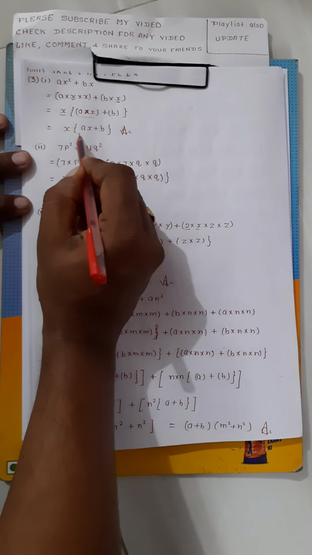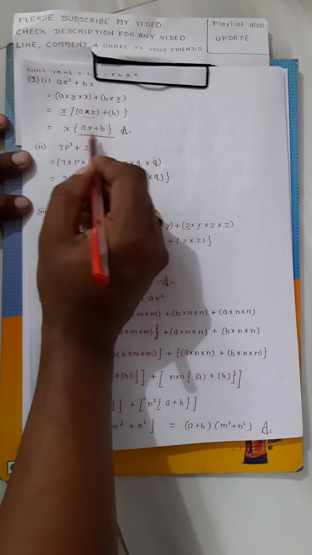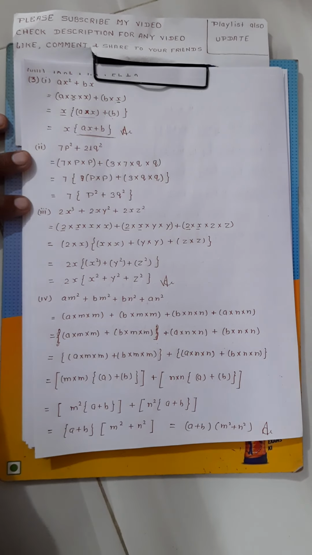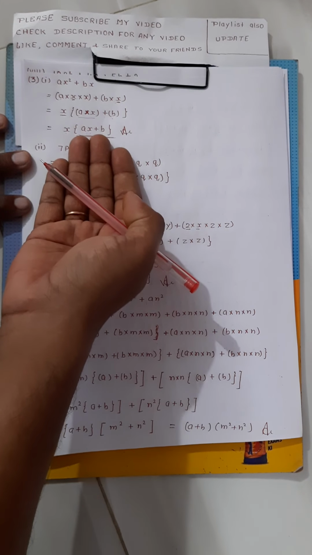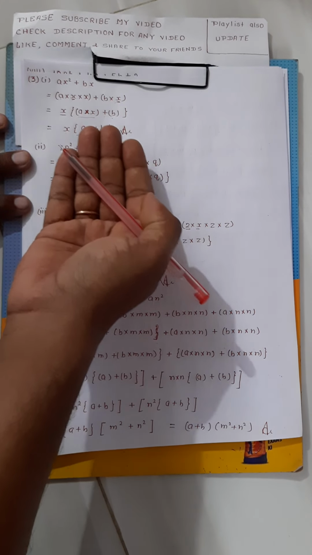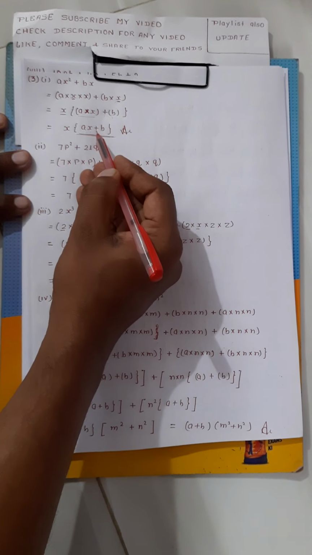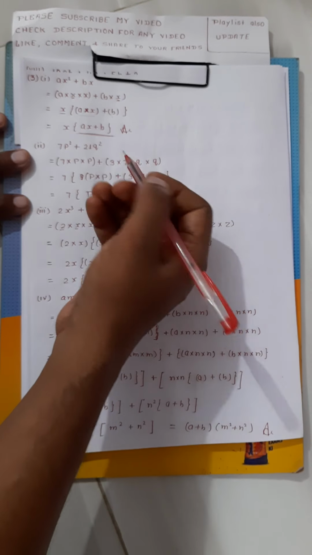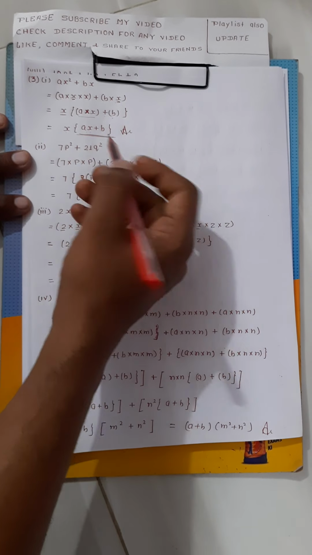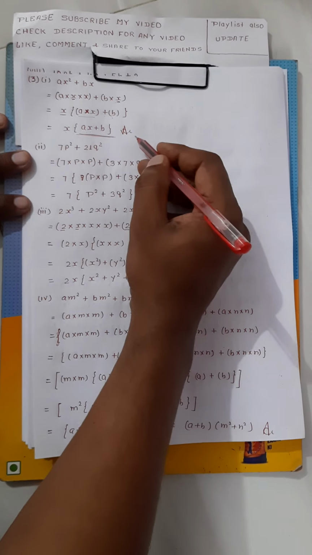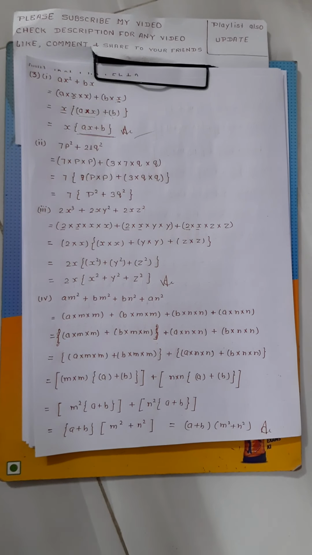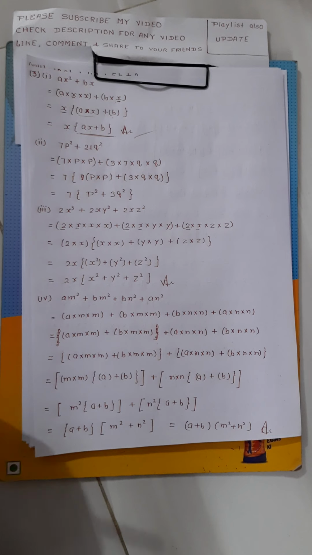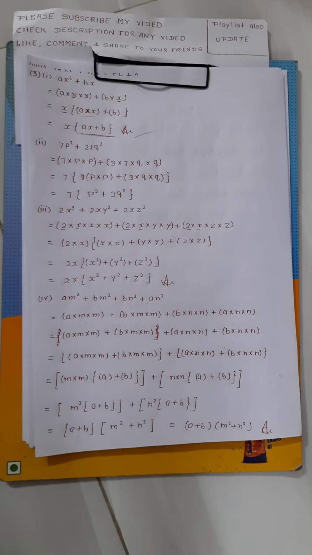Now we cannot do anything for this term ax plus b because here we cannot take out a common term, and also there is no minus sign, that's why we cannot use identity number third here. So it comes in irreducible factor form. Now we cannot reduce this.